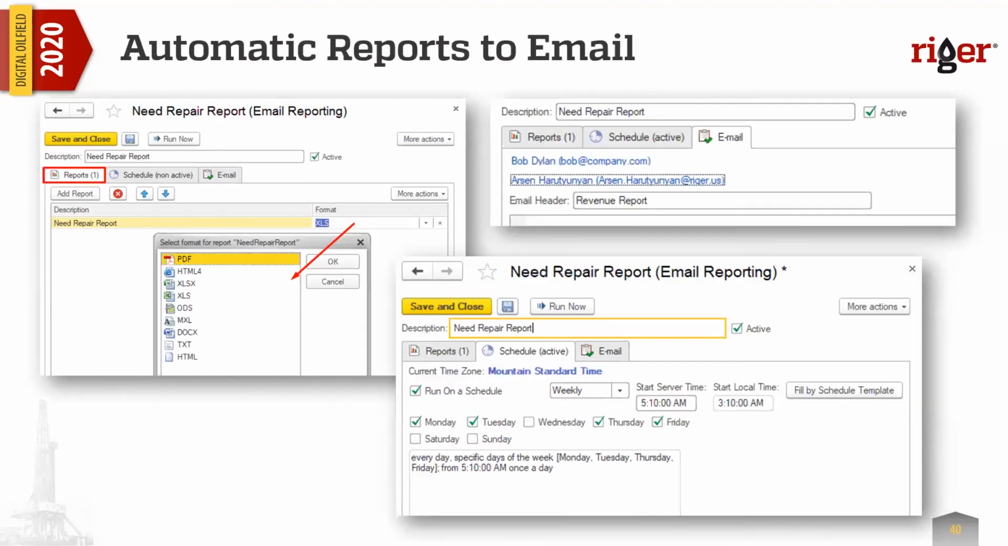And that works as well for the reports in RigER. So you can customize the reports that will be sent automatically based on a specific schedule. So first of all, you select what report will be sent, the format of these reports. So as you can see, different formats are supported by the RigER system. You also select to whom these reports will be sent, and you can set the email header. And the final step is to set the